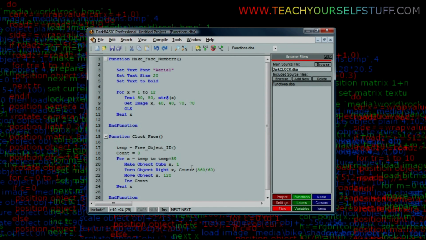But I've made a bit of a mistake here. I actually wanted to put a central object in the middle of the clock face, and this is one of the reasons that using the free object method is so useful, is because if I do make a mistake I can put something before it. I don't have to reassign all my object numbers. So temp equals free object ID,